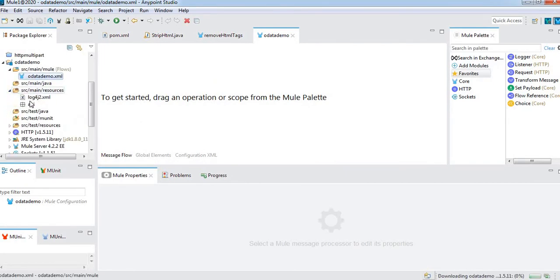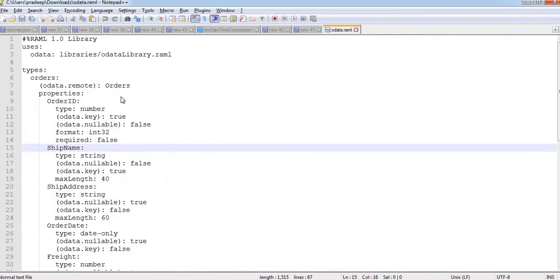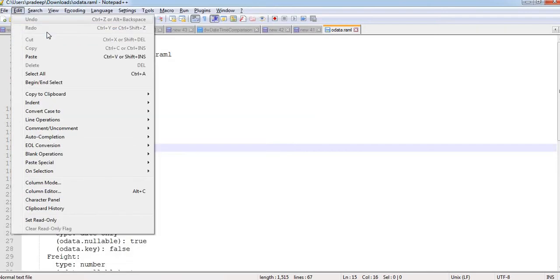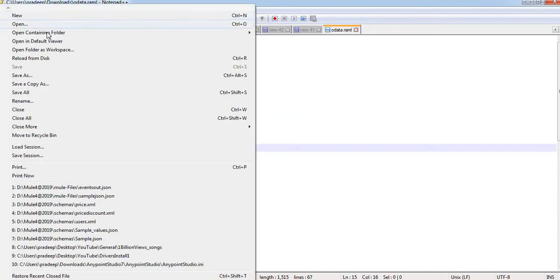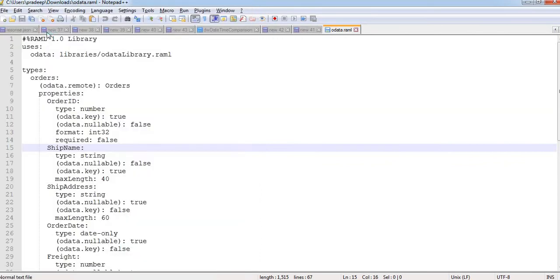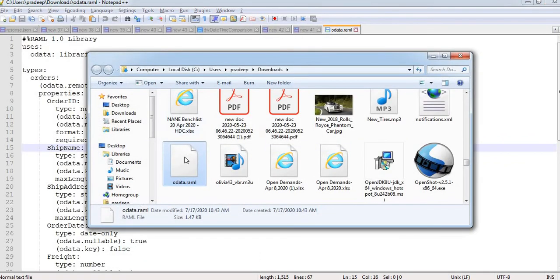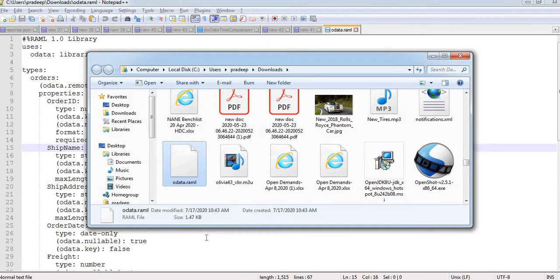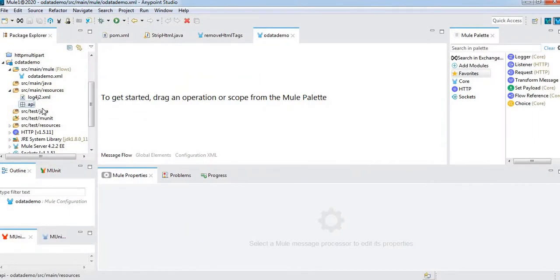In the resources API, let me copy this file. This file is available in the downloads. Let me copy and paste it into resources. Okay, now it is available.